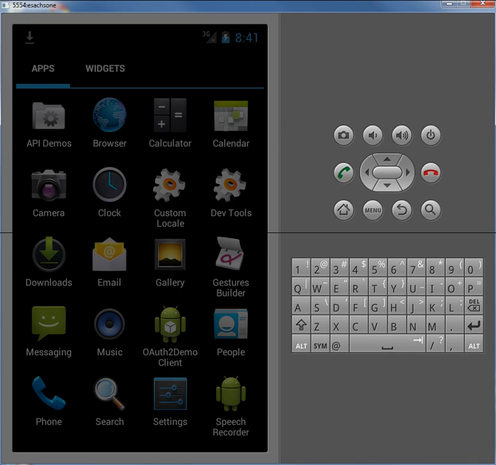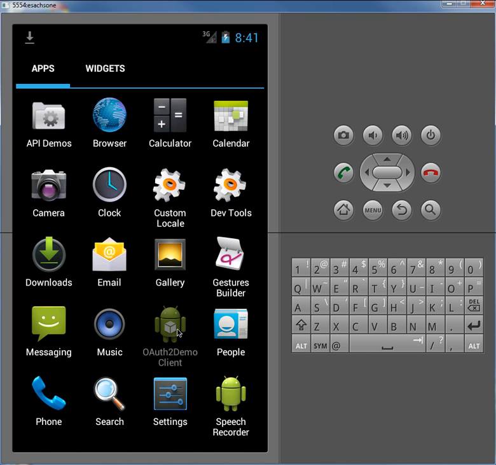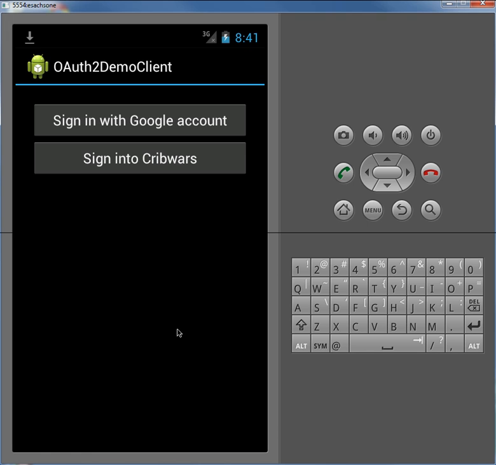This is a demo of a more modern mobile app sign-in technique. I'm going to go ahead on this Android emulator and open this demo app, OAuth demo client. And let's try it again. Great, there we go. What I'm going to do is try to connect this application to its home server, which